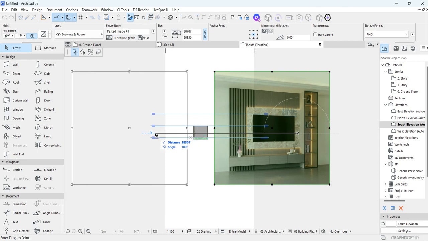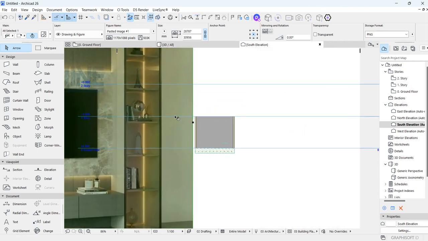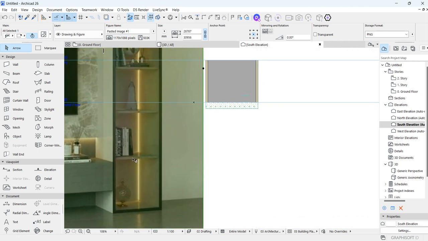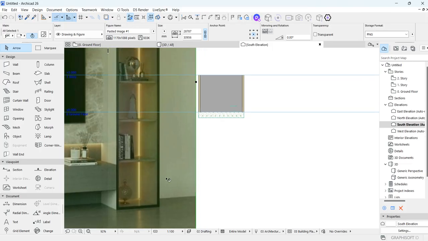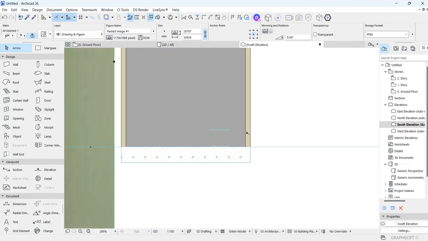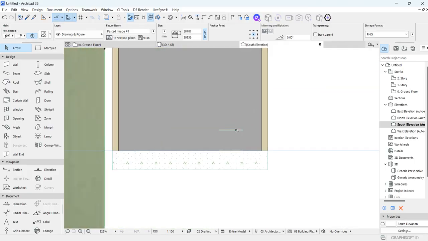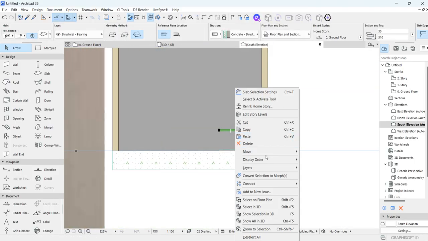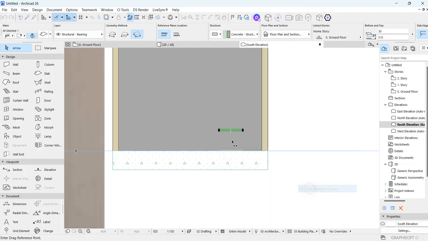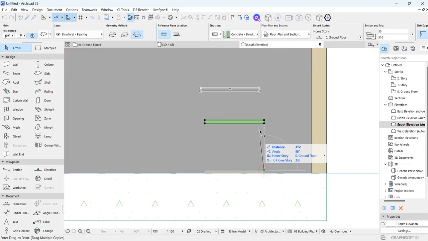Let me take it to this right side. You can see this one is not as thick as the other, I think they are the same. Let's just leave it that way. They are the same, and we have 1, 2, 3, 4, 5, and we've only placed 1. So let me drag multiple copy. I'm going to pick it from this point